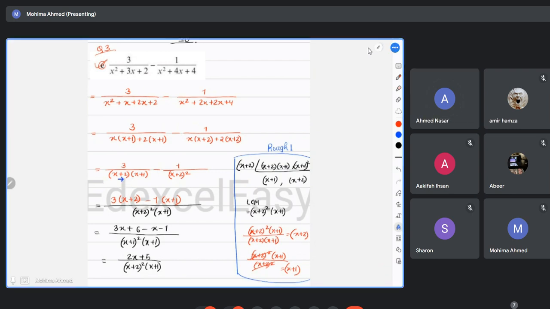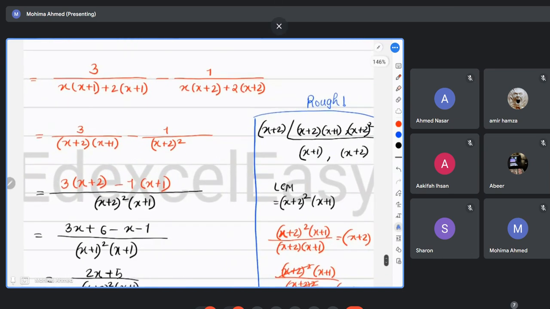Okay, Nasser, listen to me. Over here, for the two fractions, I have to find out the LCM of the denominators. In LCM, what I intend to do is combine them, and I can only combine them if they have similar denominators. Whenever two fractions are added together or subtracted from each other, only in that case are we going to do LCM. Now over here we cannot combine them because they have different denominators. So in the LCM section, this was your first denominator, this is your second denominator.